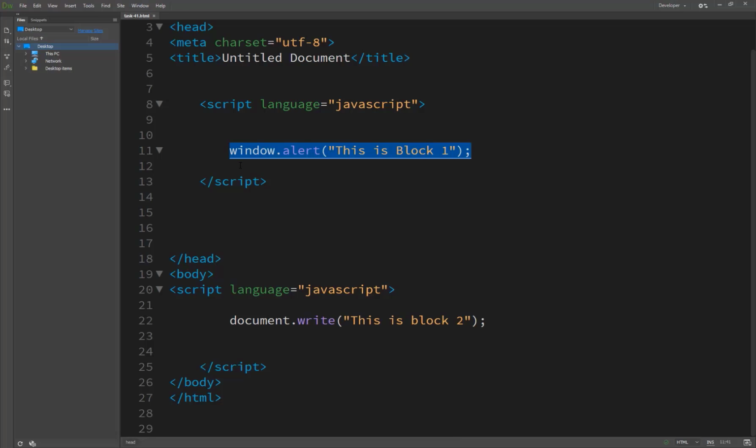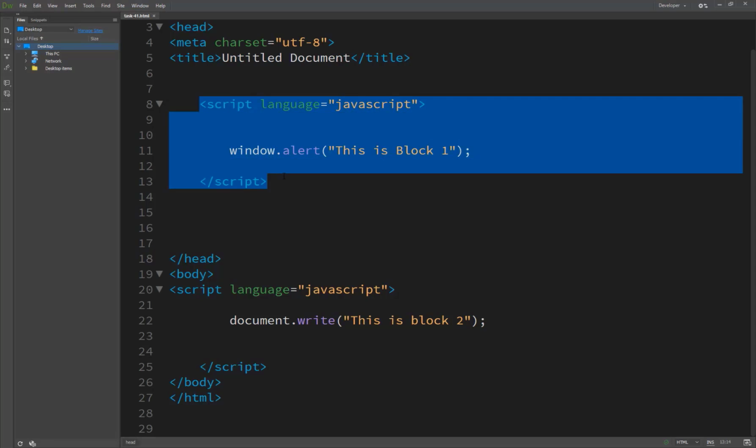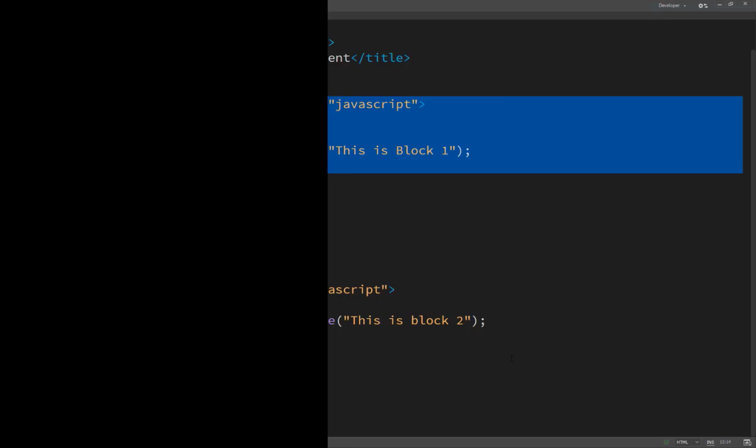You saw that both blocks work perfectly. There is nothing preventing JavaScript or HTML from doing this. You can easily use multiple blocks in a single page. So our task 41 is complete.